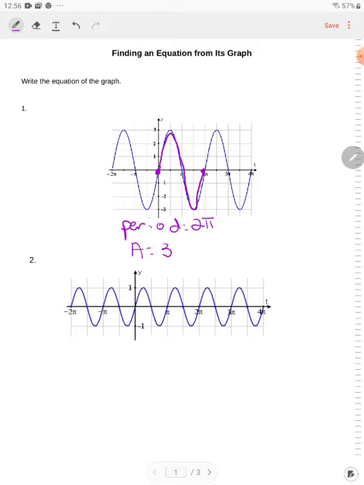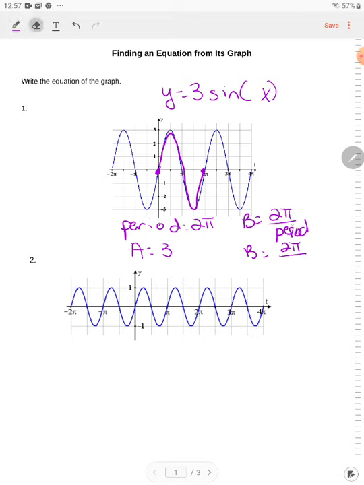Now, the equation of the trigonometric function is y is equal to the amplitude, 3 sine, and what we want here is bx. There is no shift right or left or up or down in this example. The problem is we don't have our b value. We have our period. Well, b is equal to 2 pi over the period. So in this case, b is equal to 2 pi divided by 2 pi,